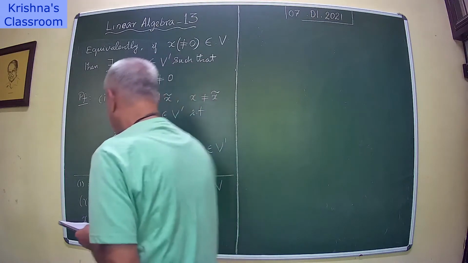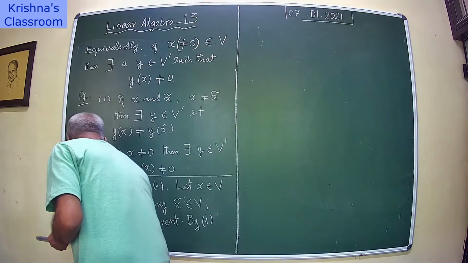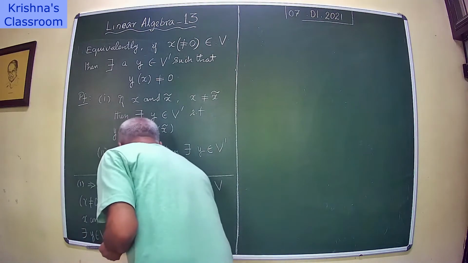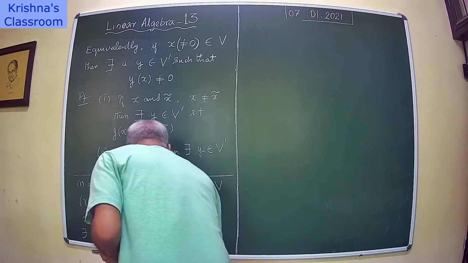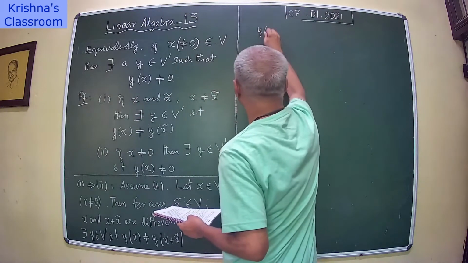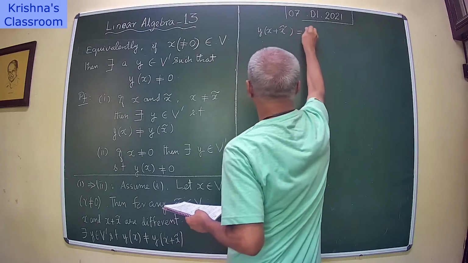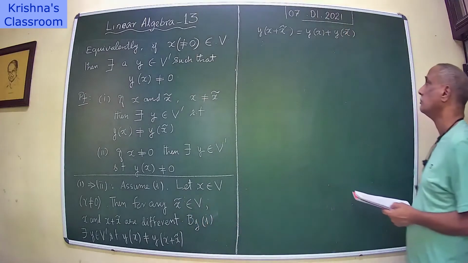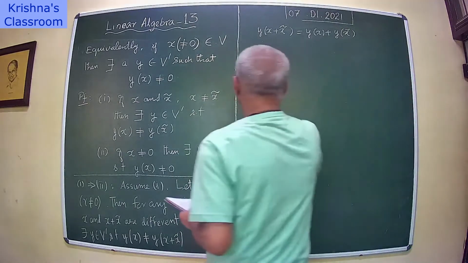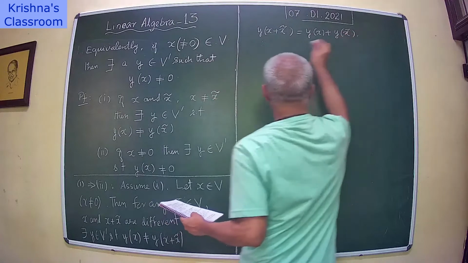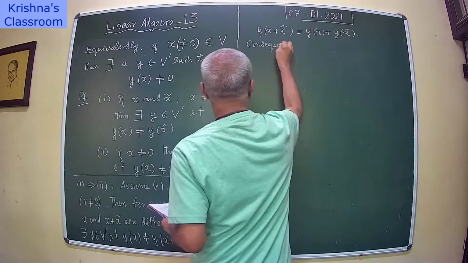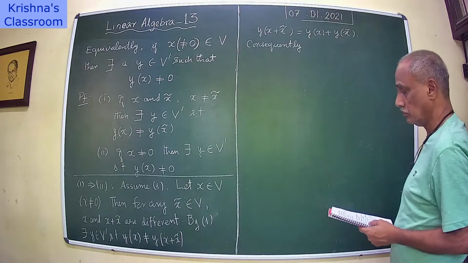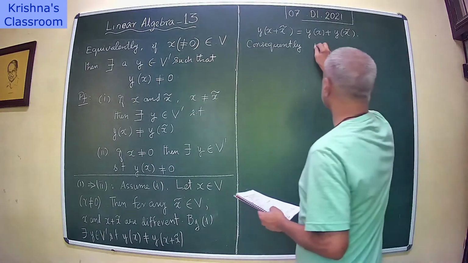the first statement, there exists y belonging to B prime such that y of x is different from y of x plus x tilde, but y of x plus x tilde is y x plus y x tilde. Consequently, y x is different from